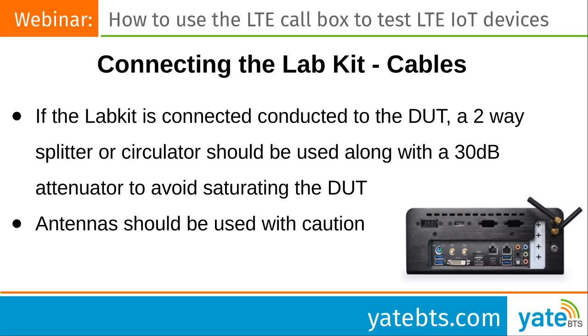So here on the left side, for example, there's a couple of SMA cables that allow for a signal to go from the outside world to the enclosure. So essentially when you connect the ports on the back of the LTE along with a 30 dB attenuator to ensure that the DUT is not saturated, you can then have a